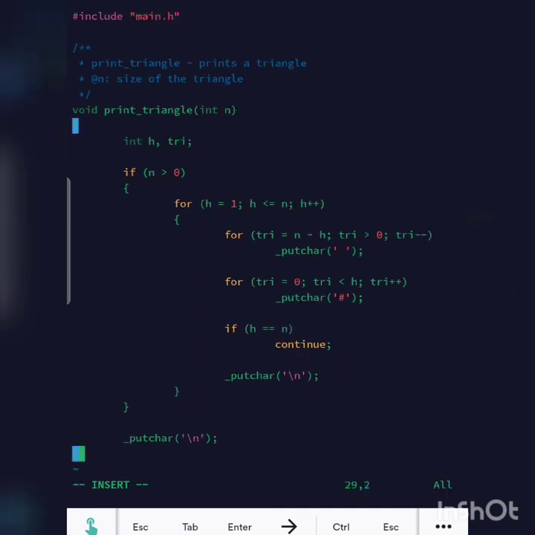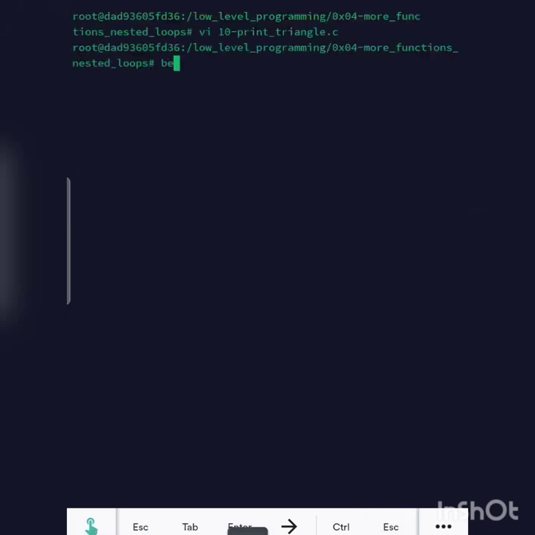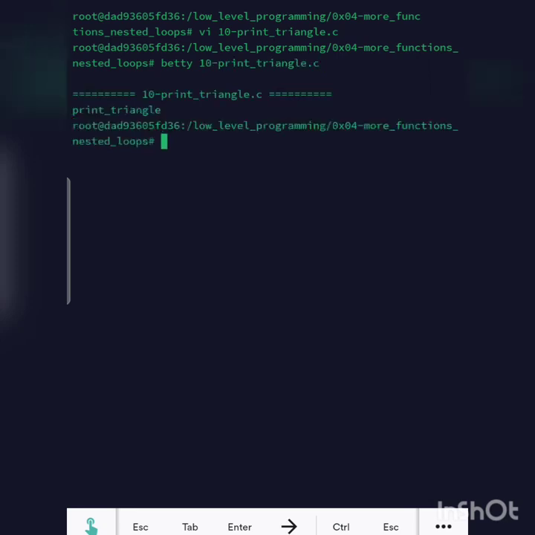So this is how it should be. New errors from Betty, so you can push your code. So this is all for the